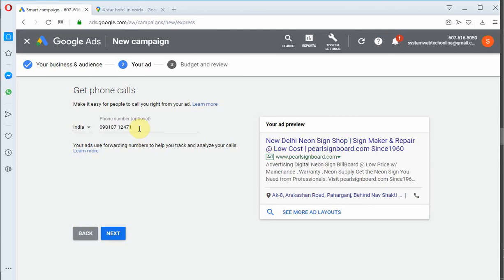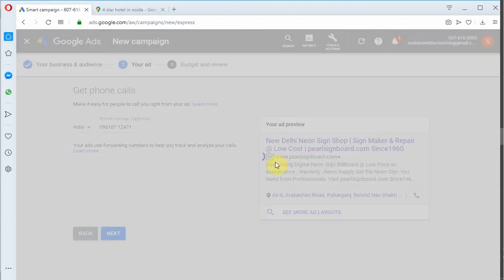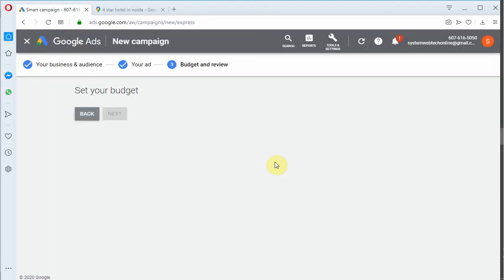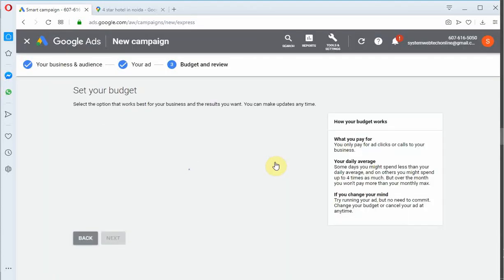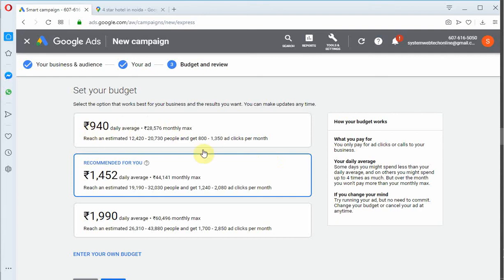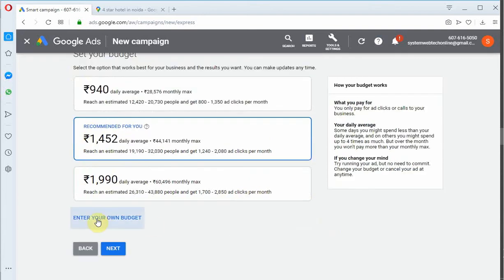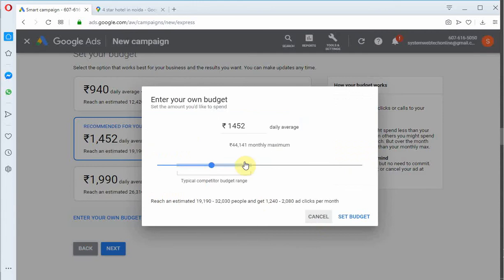It is also giving you the option of phone number, so this is the advantage, you will get the option of phone number as well, and website traffic also of relevant audience. This is the most important. Now it's showing you the recommended, but we will enter our own budget.